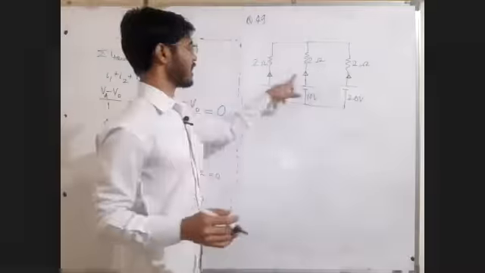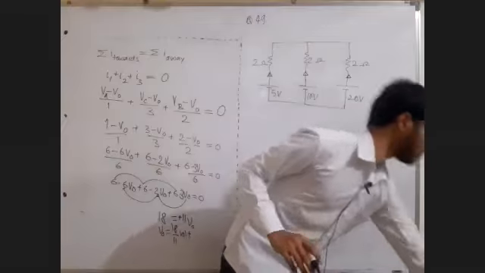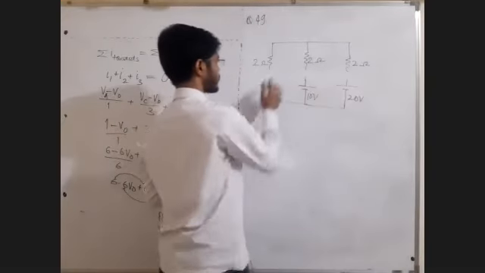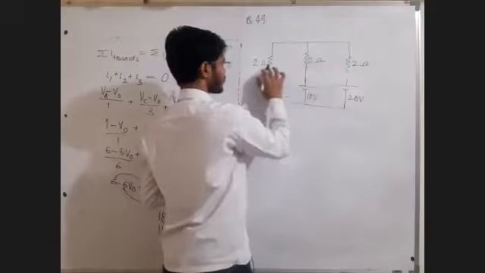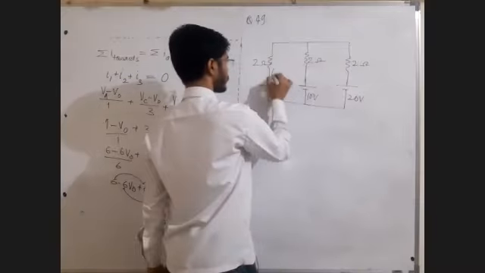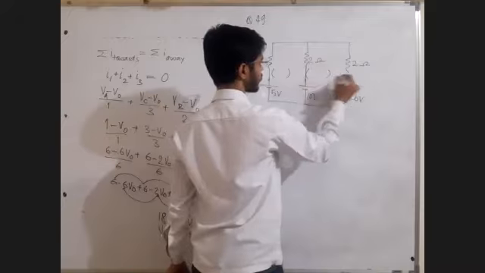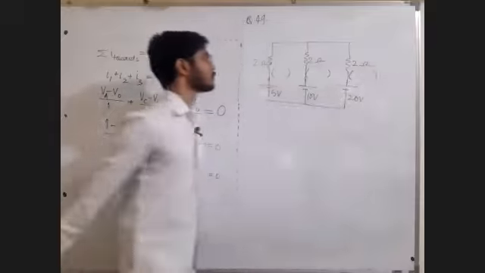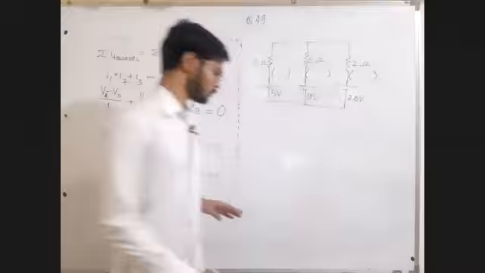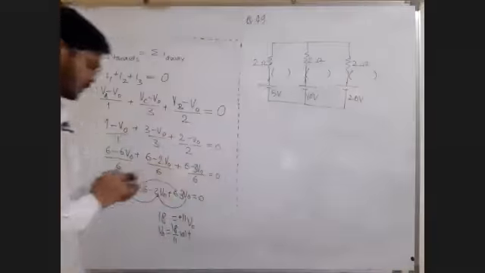Whatever directions you want, you can. Or let me just rub these arrows. I just want the current in these three branches. I don't even know what the directions of currents in these branches are. You do it on your own and tell me the answer. I will ask the value and the direction, up or down. 3 equations, 3 unknown problem it is. Do it.